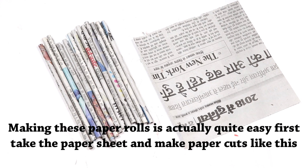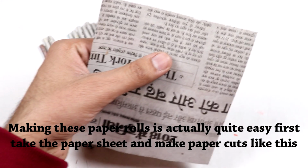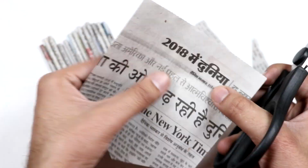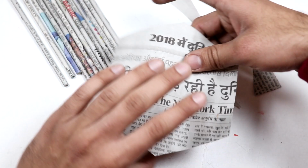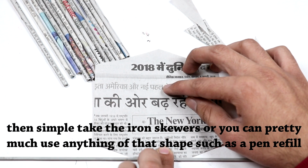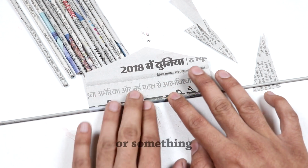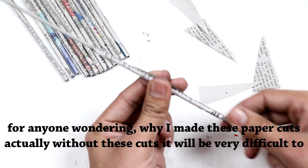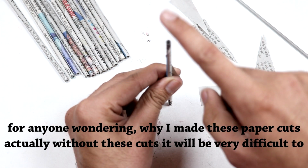Making these paper rolls is actually quite easy. First take the paper sheet and make paper cuts like this. Then simply take the iron skewer, or you can pretty much use anything of that shape such as a pen refill or something. For anyone wondering why I made these paper cuts, actually without these paper cuts it will be